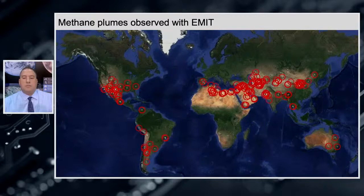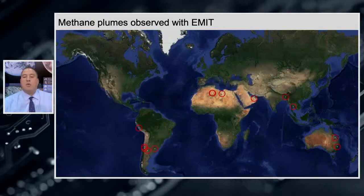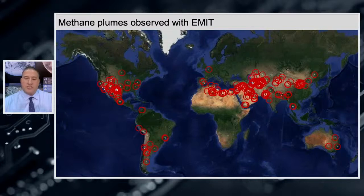So Carbon Mapper will be sort of building off of this success and launching 2 instruments to do this type of work in an even better way with improved sensitivity and improved repeatability over time, and I'm really excited about